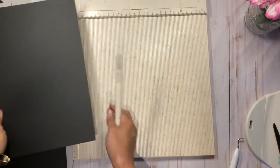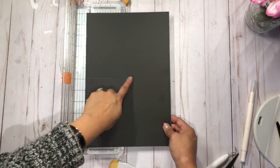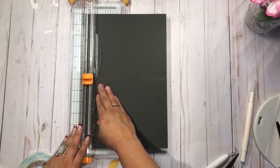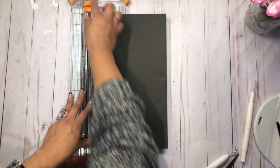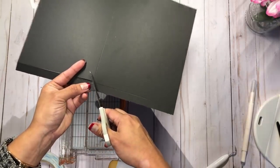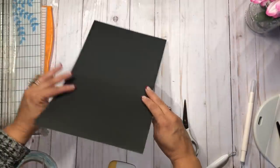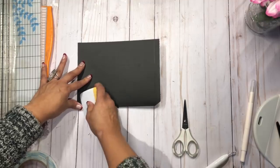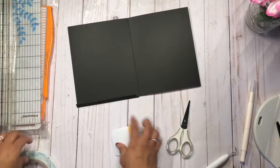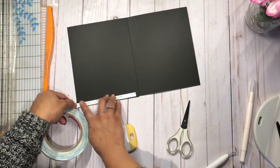So I'm gonna do the same to all of these pages. Then we're just gonna trim this half an inch side up until the 6-inch line here, the score line. So I'm just gonna place this on my paper trimmer, and from 6 inches I'm trimming this out, and then I'm just gonna grab my scissors and just cut this like a little V like that, and then we are gonna fold this along the score lines here and here as well, and I'm going to add some of my tape just like this,